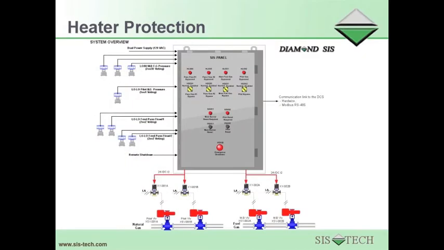Here we have an overview drawing representing a BMS SIS heater protection system with 6 safety functions, typically found on refinery process heaters. The system is powered with redundant 120-volt AC, so this panel has an internal redundant 24-volt DC power supply. We have a 2 out of 3 voting configuration for the high or low fuel gas pressure to trip the main burners, a single transmitter for high or low natural gas pressure to trip the pilots, and 2 heater pass flows. Each of the passes is being protected by a 2 out of 2 voting low flow to trip